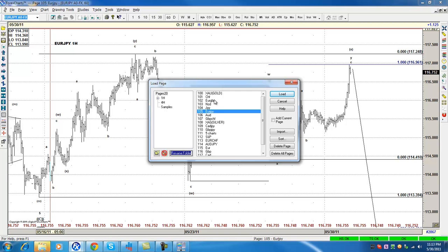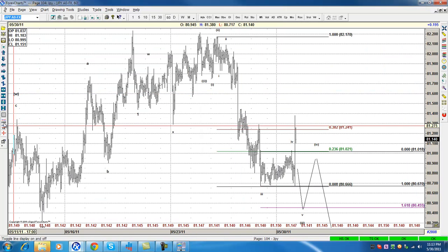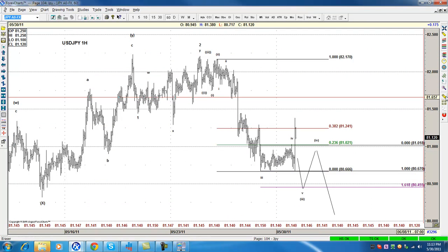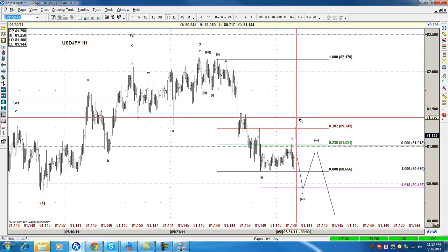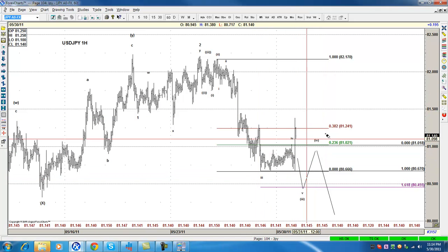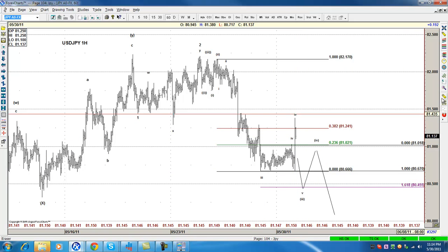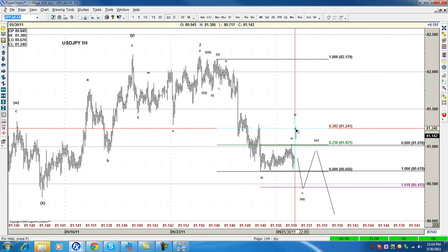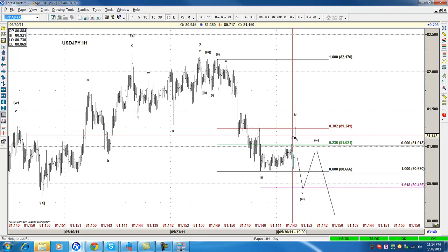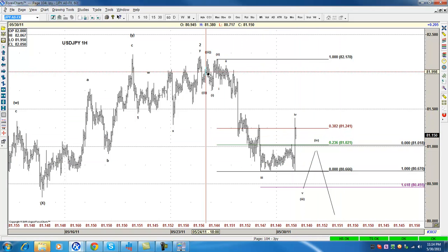Now let's keep going and check the dollar yen. The dollar yen also, we are expecting a move down. Look, we were expecting that this is wave 4 that should have ended here. This happened. This is a huge move in the last 30 minutes. And then anyway, we're expecting this to be